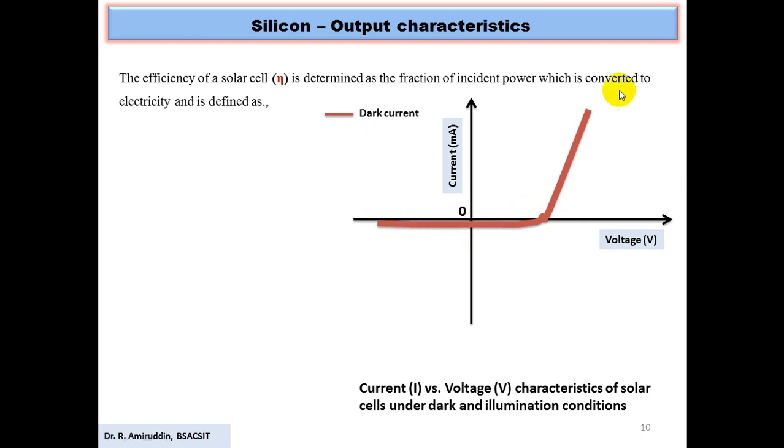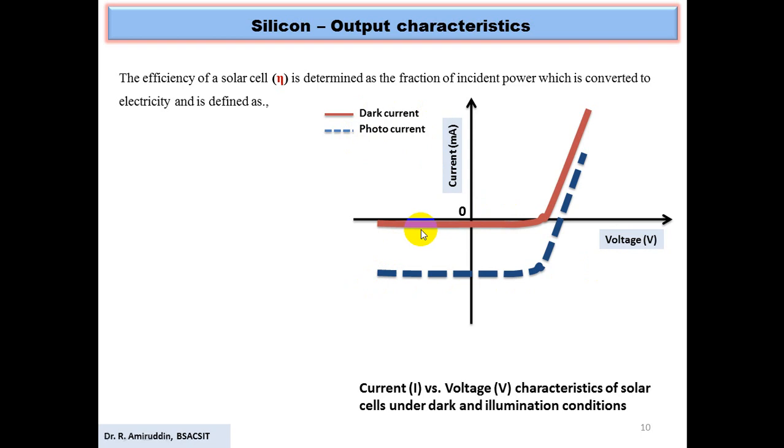And now when this p-n junction is subjected to external visible light or sunlight, it generates photocarriers and automatically enhances the photocurrent. Thereby, this is termed the photocurrent, which is generated because of incident light. The brown line refers to the voltage versus current characteristics measured for silicon solar cells under dark condition, and the blue dotted line refers to the voltage versus current characteristics of silicon based solar cells measured under illumination of visible light.